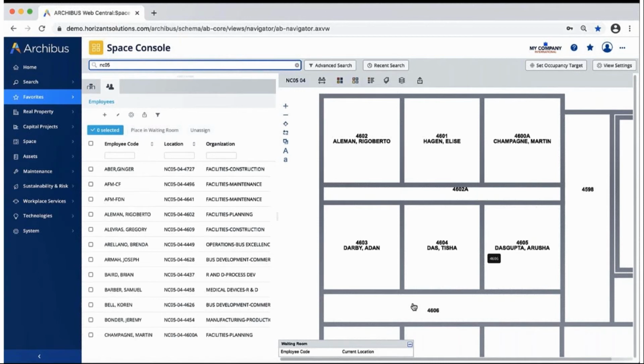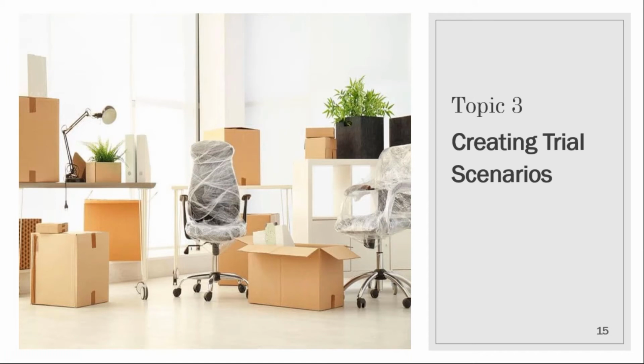Now, typically when you're doing group moves, it's not always going to be so straightforward. You're not always going to know exactly where everybody is, and you may have to play around a little bit to create a variety of different scenarios. And Archibus gives you the ability to create different scenarios without, again, affecting any of the real, standard data that you have, which I think is a big benefit, because I've known over time people have tried a variety of systems and they've inadvertently updated the current environments without actually